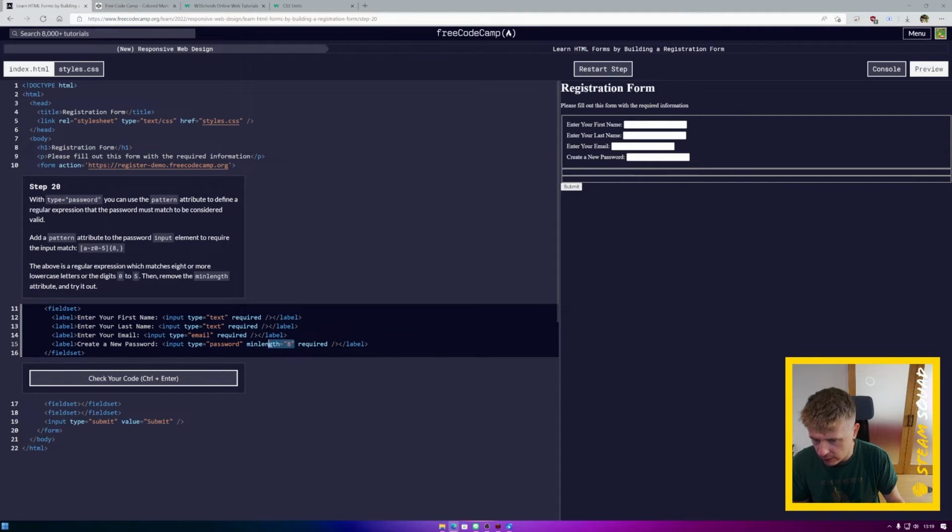Okay, so we're getting rid of minlength. Was nice to know you. And instead, we're going to say pattern equals, and we're going to use square brackets, A to Z, close my square brackets, then curly brackets, 8, comma,